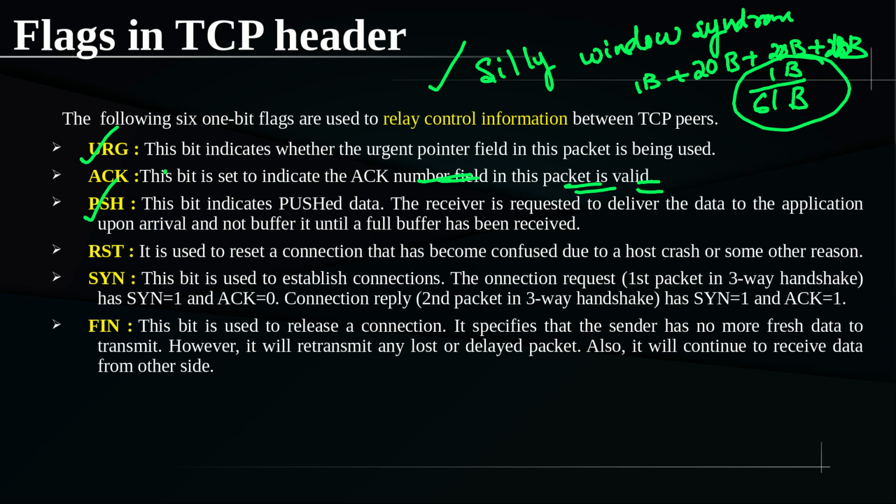So the thing is that whenever this push flag is 1, in the sense the application is asking, maybe some interactive chatting application or that kind of an application is running on top of TCP, and it is requesting TCP, you please don't wait for the entire segment to fill. As soon as I am giving you something, you please push it. So that is the meaning. Such special data should be pushed immediately at the receiver side also.